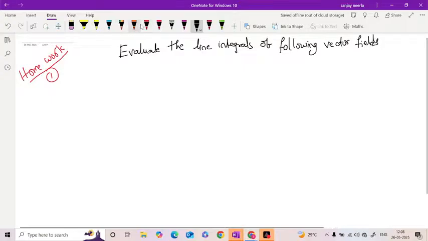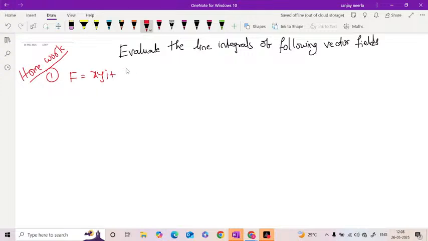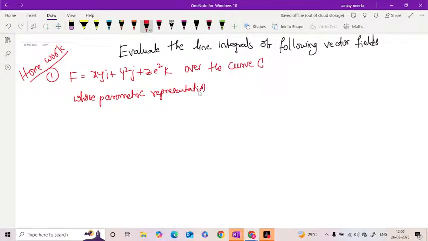The first question is F is equal to xy i plus y square j plus z e square k over the curve C, whose parametric representation is given by x is equal to t square and y is equal to 2t, z is equal to t, and t limits